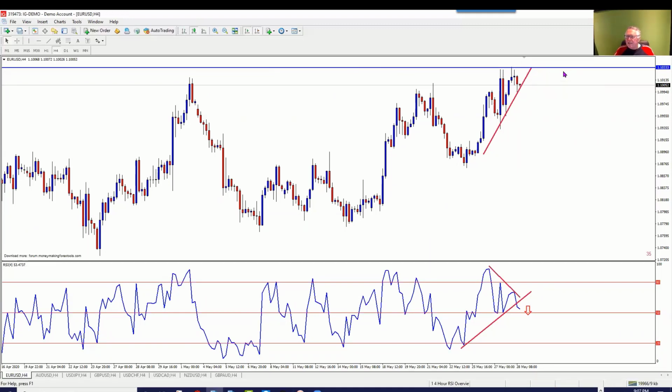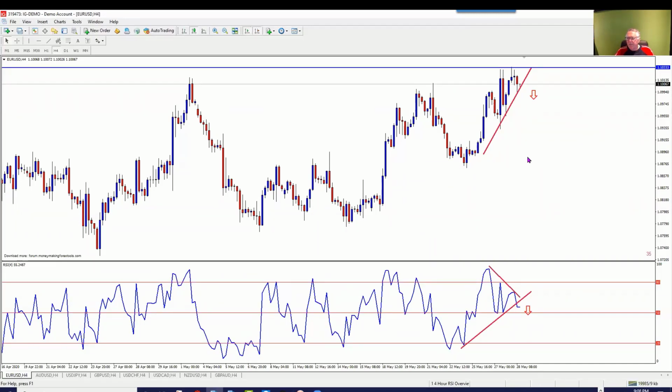So this is a nice setup. We also have a nice divergence going down here, trend line violation. So this is setting up for a nice sell. So that certainly falls in line with the RSI trading signals that I certainly look for, and that is a